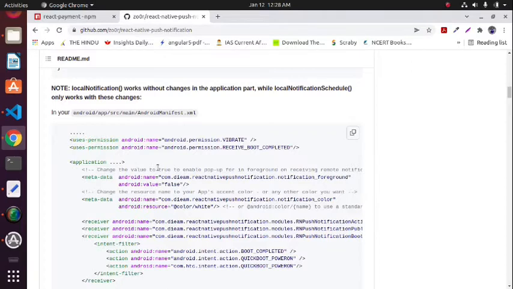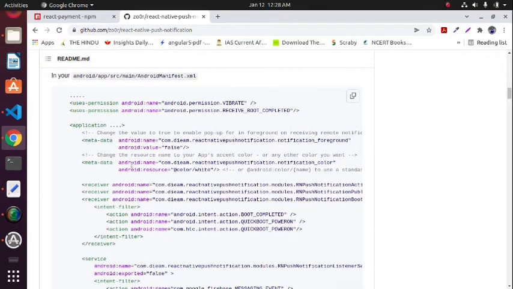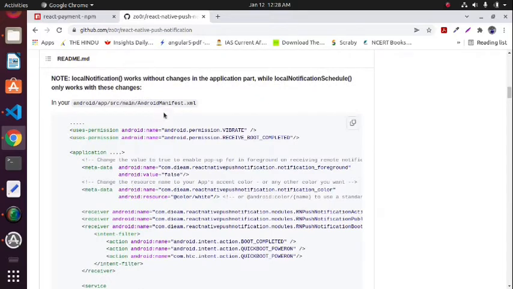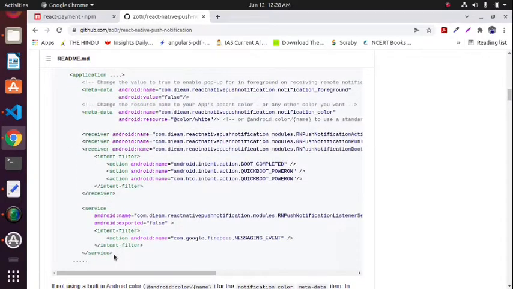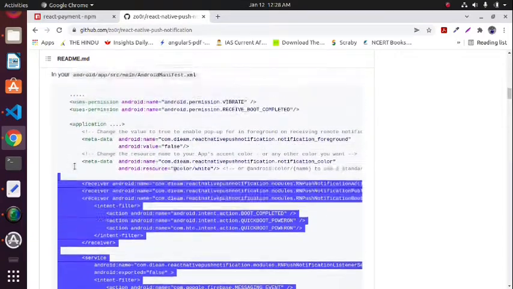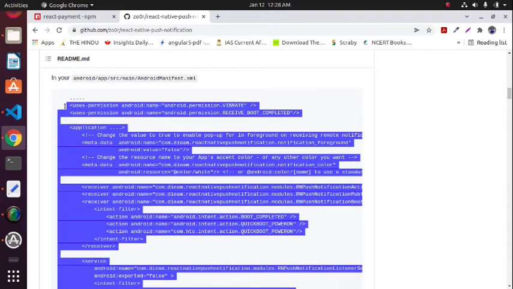For that you have to do this setup, or set these permissions in your Android manifest file. The whole thing you have to copy from here, all the code, and paste in your manifest file.